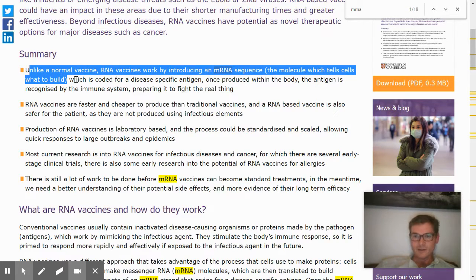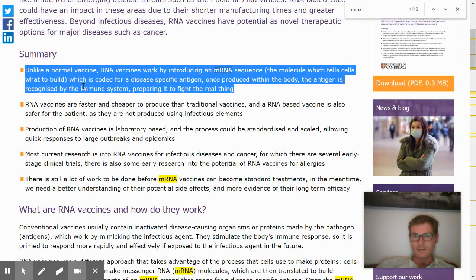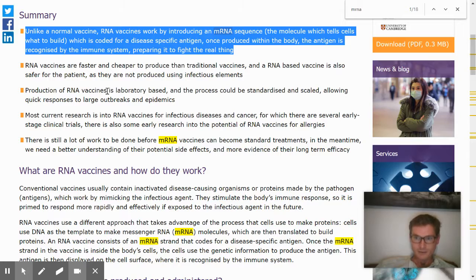It's not like you're introducing something bad and the body's trying to figure out what to do. You actually tell the body exactly what to build, and then you can code the RNA specifically to fight the pathogen, and the cells just create the protein that you're telling them to create. And so you're just passing RNA to the cells, and that's similar to what viruses do when they're reproducing themselves, passing RNA into the cells and getting you to reproduce the virus. And so it's pretty cool. It's like